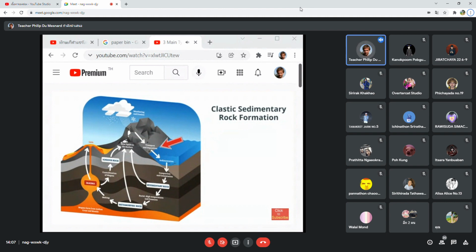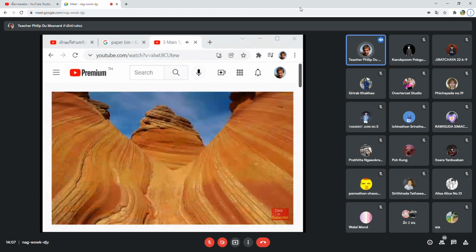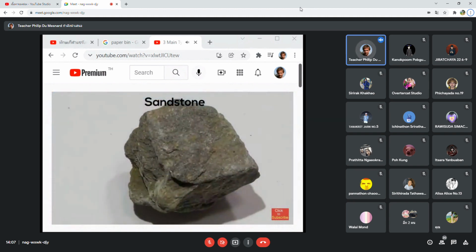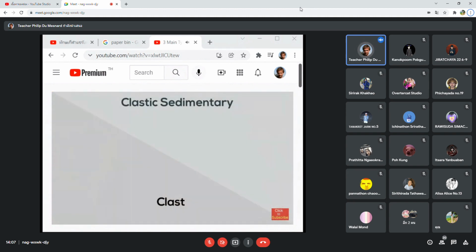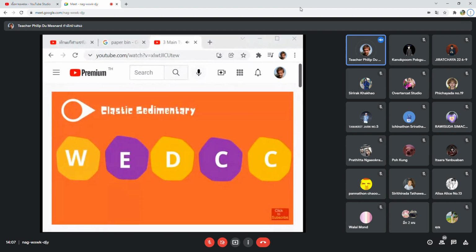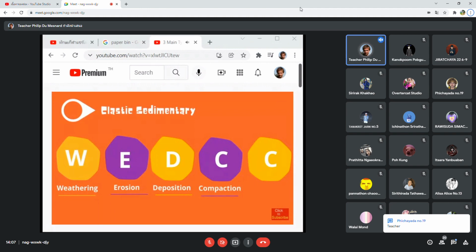Clastic sedimentary rocks are the group of rocks most people think of when they hear the term sedimentary rocks. Clastic sedimentary rocks are made up of pieces of pre-existing rocks called clasts that vary in size. These sedimentary rocks follow WED-CC in order to form, which stands for weathering, erosion, deposition, compaction, and cementation. Weathering is when